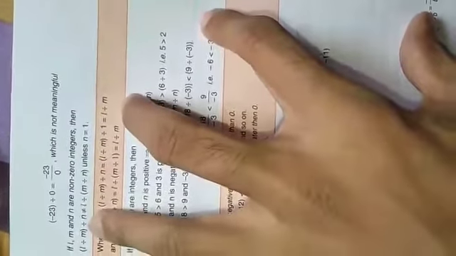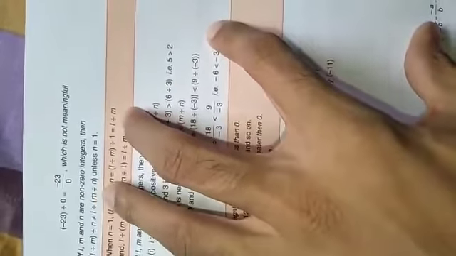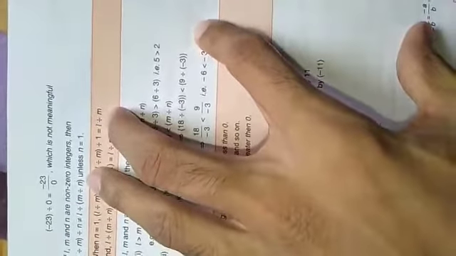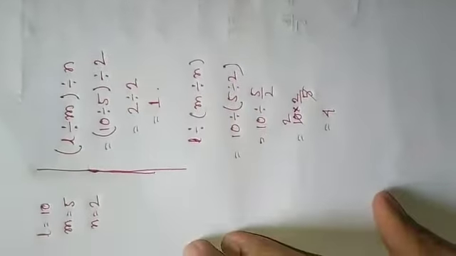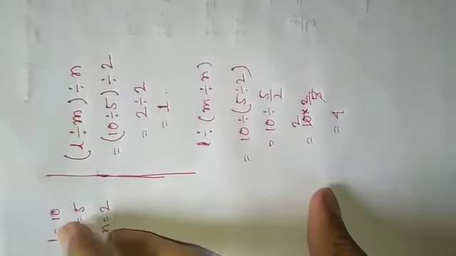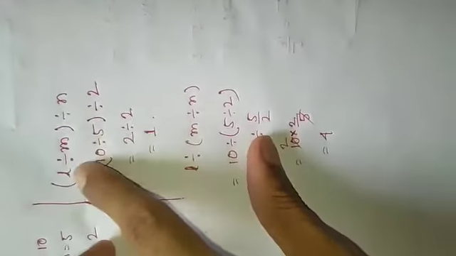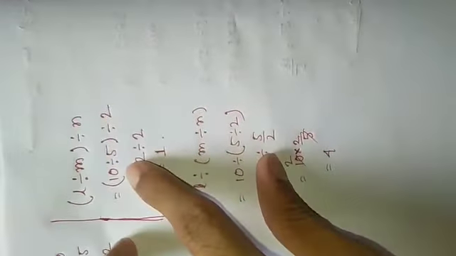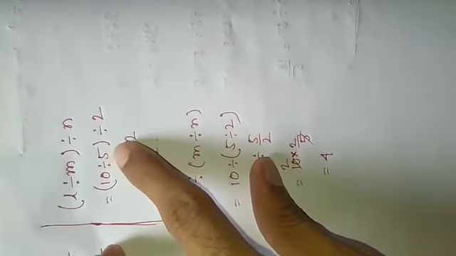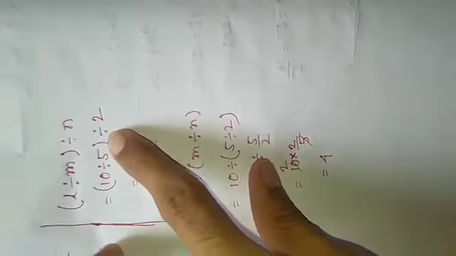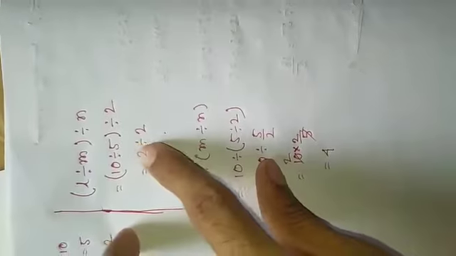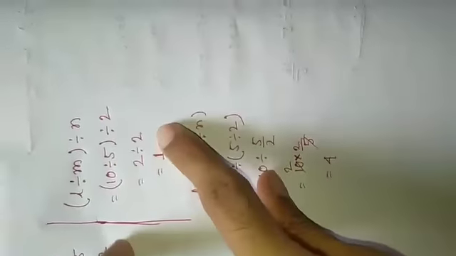is not equal to L divided by (M divided by N), unless N equals 1. So if we consider L equals 10, M equals 5 and N equals 2, then (L divided by M) divided by N will be 10 divided by 5 in the first bracket, divided by 2. So 10 divided by 5 is 2, we know that, divided by 2, so the answer will